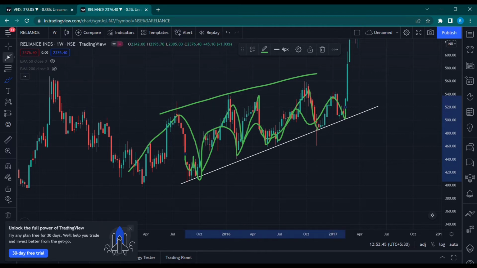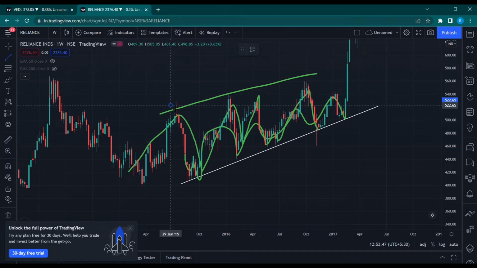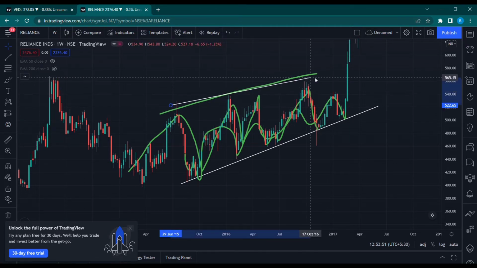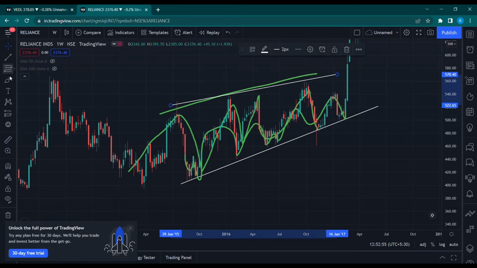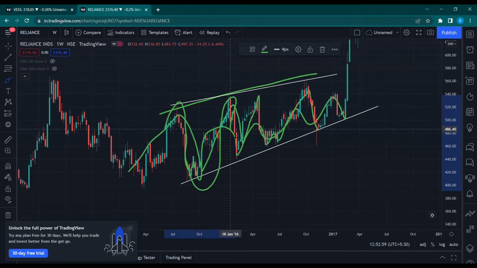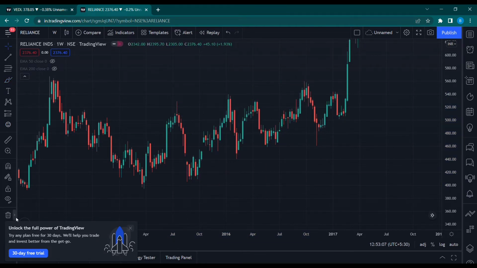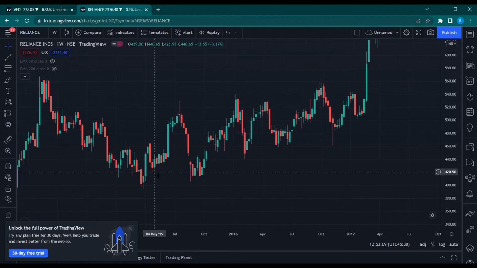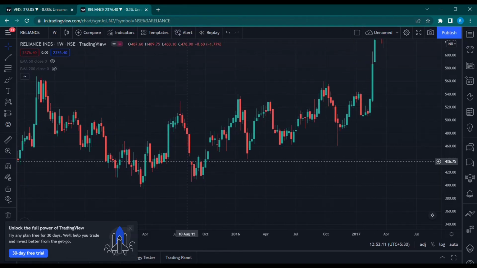And in case of the upside, just see. So see here, prices go up, it rejects, it goes down, it rejects the upward trend line, and then again it rejects, and again it rejects, right? So this is a resistance trend line. I hope you are clear about support and resistance trend lines in this case, right?